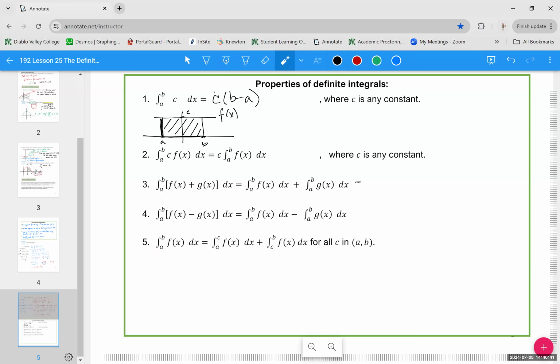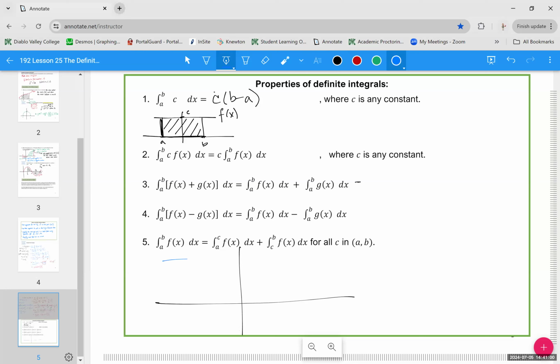And then last but not least, this one, if we're doing an integral from A to B, and we have some number C that's inside that interval, right? It's in the interval from A to B. Then you can actually break it up into two integrals from A to C and C to B and just add those together. So for a visual on that one,